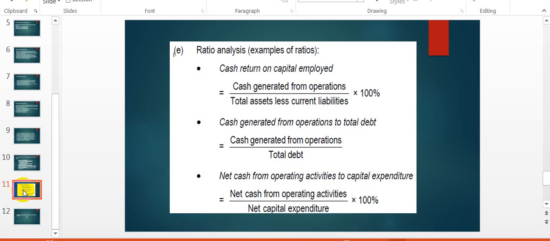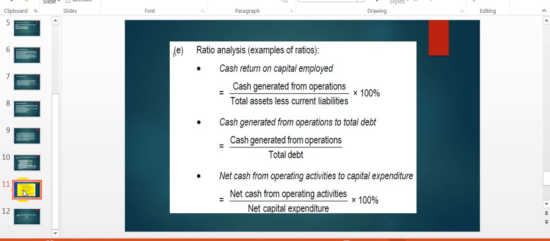You also need to know the ratios which are involved in the cash flow statements. Okay, you can take down these ones. I'll quickly give them to you. The first one is cash return on capital employed. Cash return on capital employed, which is given as